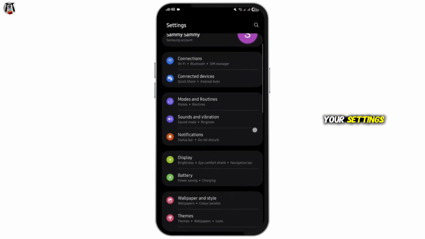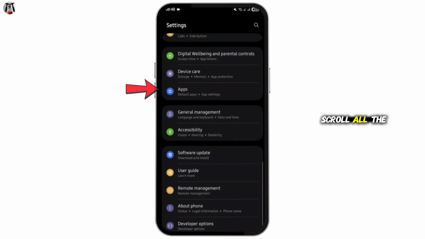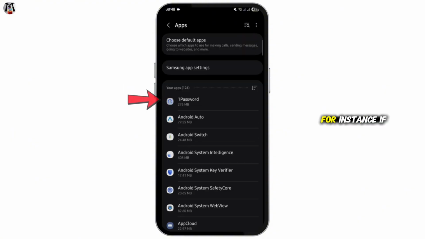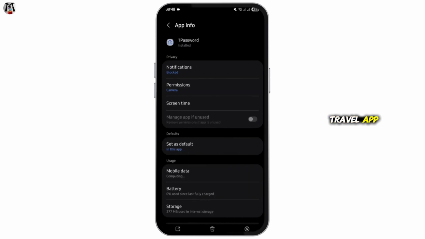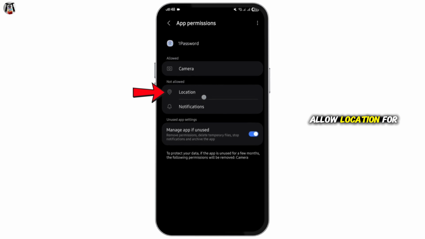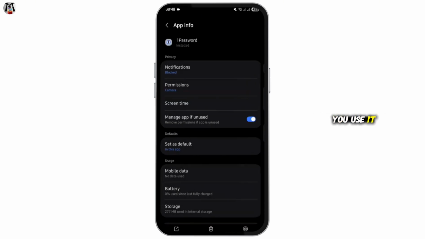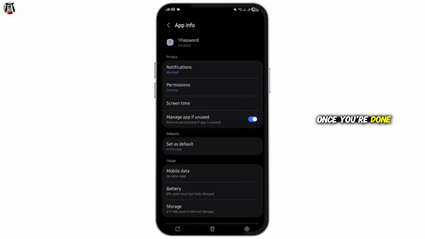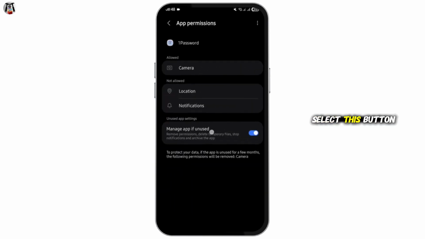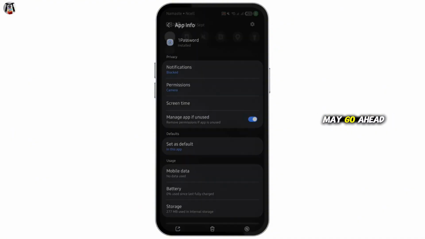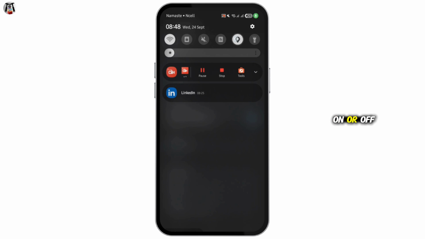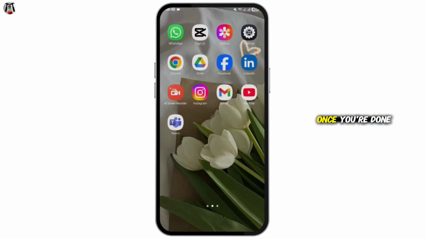Head over to your settings, scroll all the way below, select apps. For instance, if this is a travel app, select it, select permissions, allow location for the time that you use it, and again turn it off once you're done with using that application. You can also select this button that says manage app if unused. And likewise, you may go ahead, toggle your location on or off according to your preference once you're done using